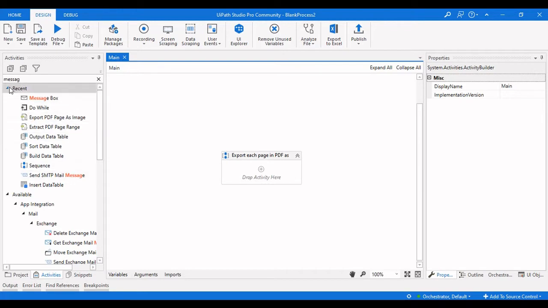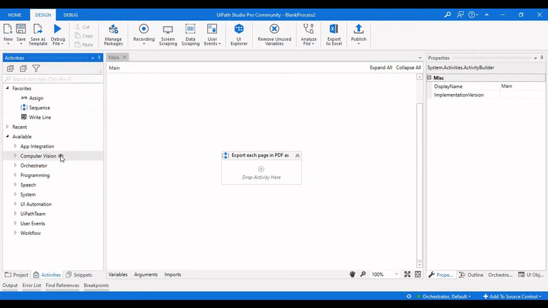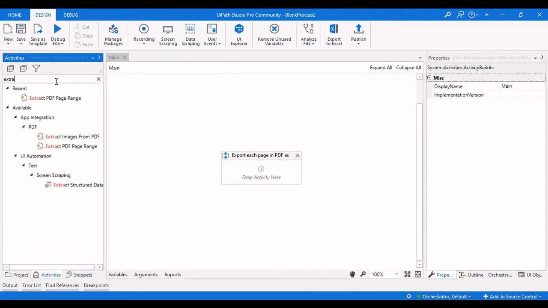Let's get started with our video today. The first thing that we need to do is install the PDF activities first, and then search for extract PDF page.